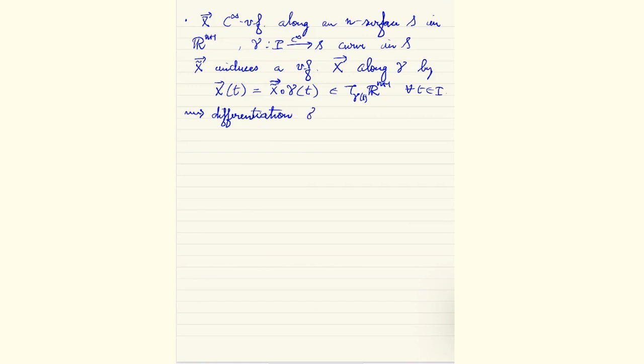So what I want to say is, so differentiation of vector fields along a parameterized curve. So this is the x dot that we had,